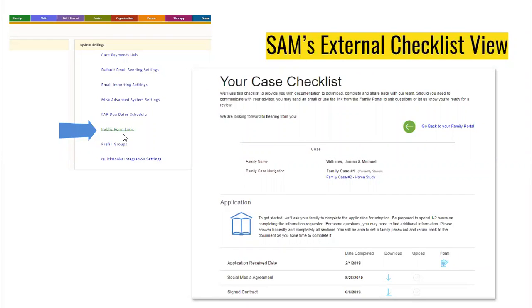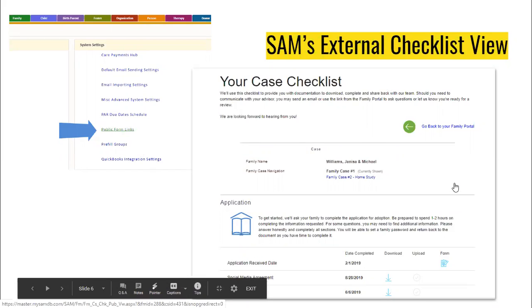So it's a little more than 3/4 of the way down. When your family logs in, they will need to use their email address and a login that they created. If they haven't created a login, they can do so through SAM's prompts. Okay. When they log in, they'll be taken to a form similar to this,